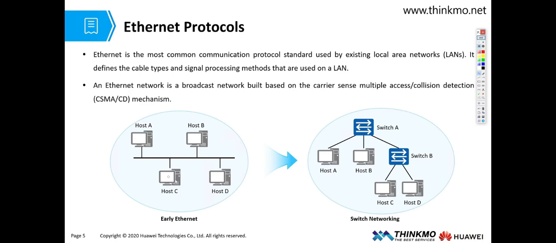For example, if we are all in the same local area network, only one person can transmit at a time, while the others can only receive and have to wait. They cannot speak. Simultaneous sending and receiving is not possible. Only one device can transmit, which results in very slow efficiency. Later on, with our current switching network,